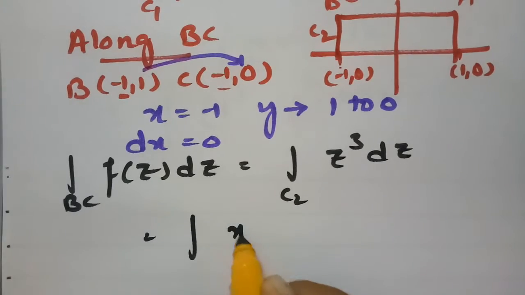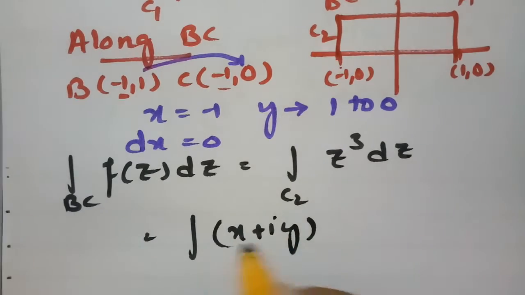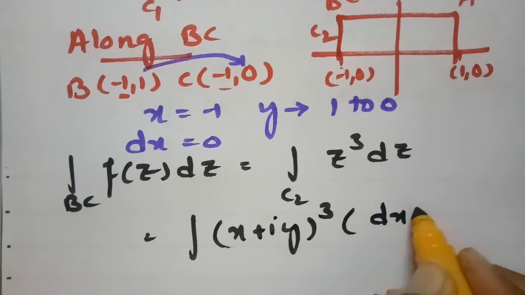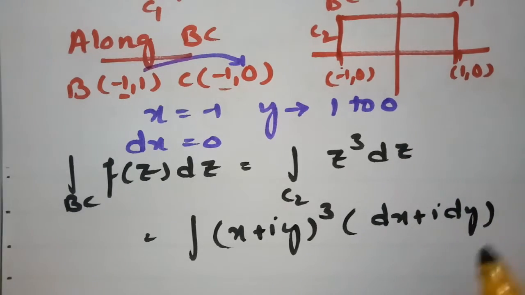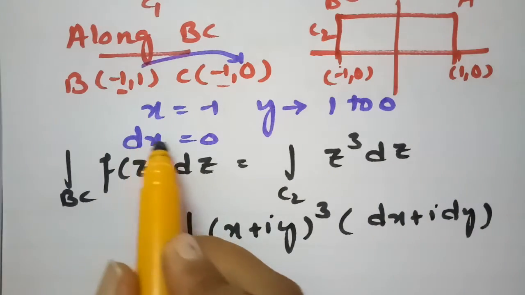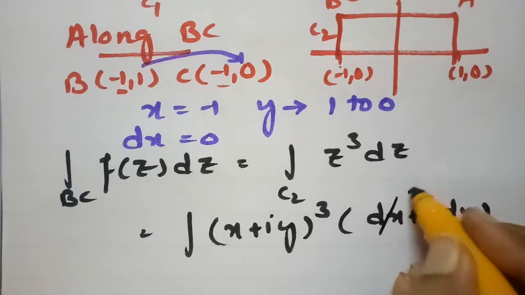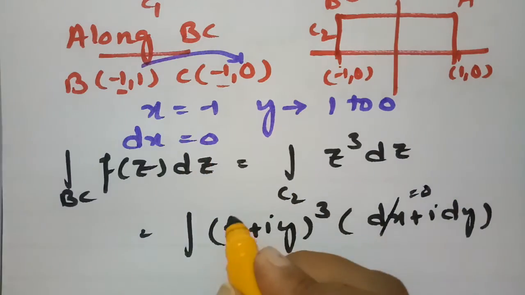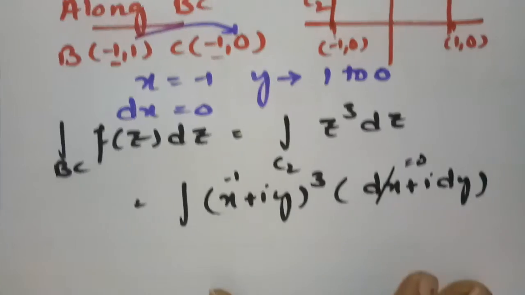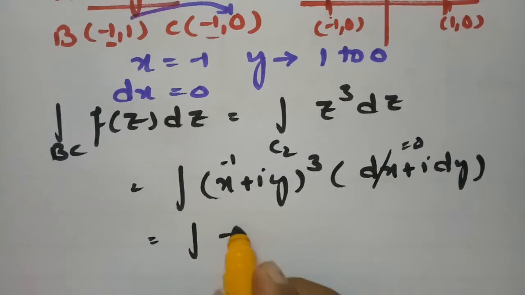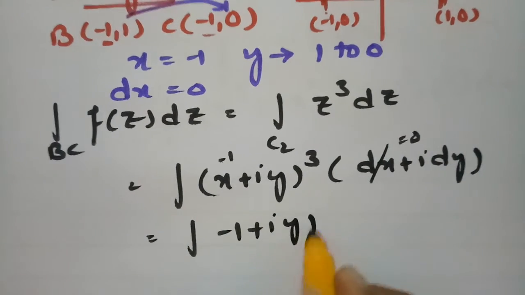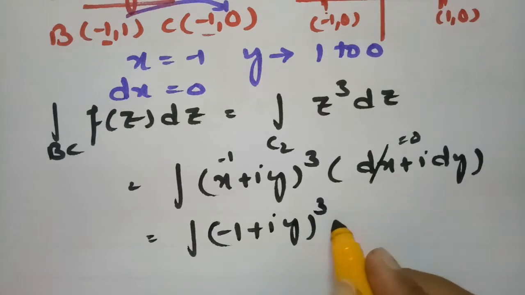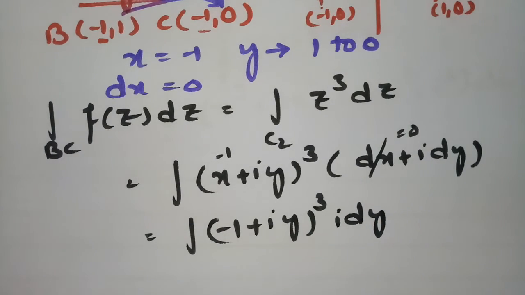What is z cube? That is (x plus iy) whole cube into dx plus i dy. So here dx is equal to 0. In place of x, I can write -1. So if I substitute, this will be (-1 plus iy) cube into i dy